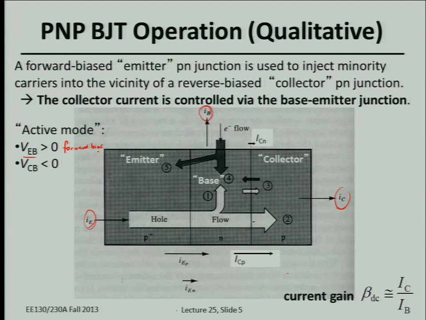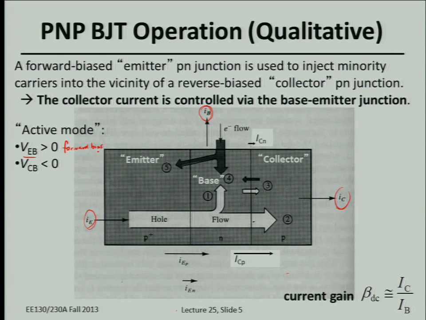And you have a similar term for holes. And this is exponential, right? There's an exponential factor here. So basically, if you look at the current flowing across the junction for a forward biased p-n junction, you have one term due to holes flowing across the junction, and another term due to electrons